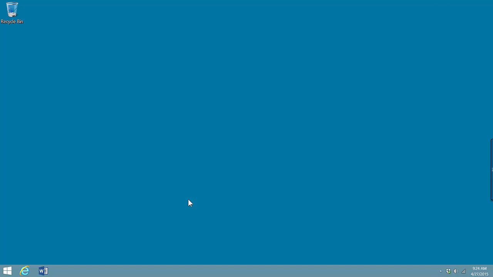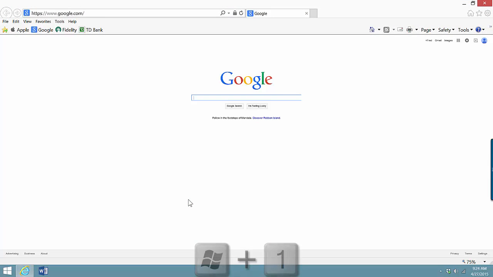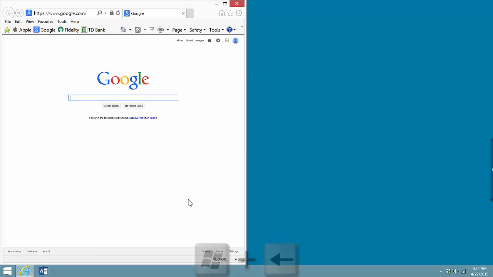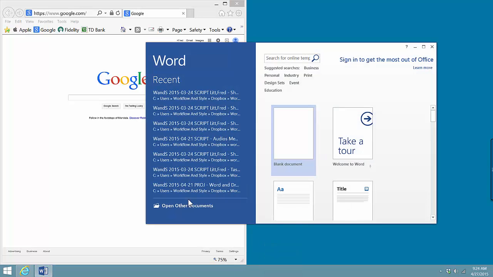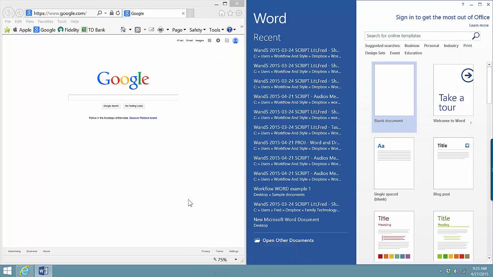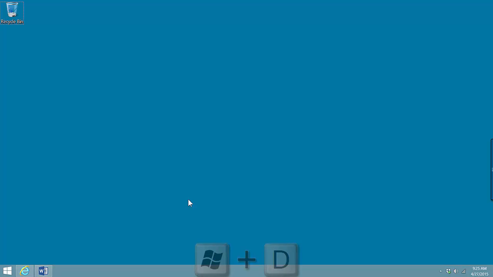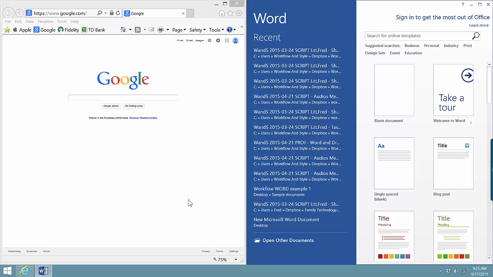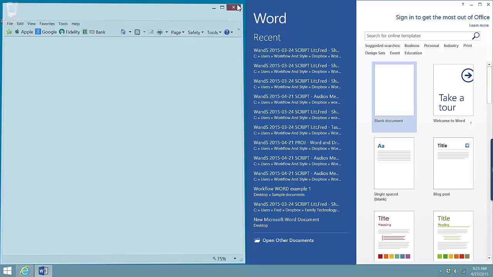So we start by tapping on Start 1, Start left arrow. Start 2 for Word, Start right arrow. There we have it. And again, to hide or minimize these windows, we tap on Start D. Let's show our open windows. Start D again, and there they are. Now I'm going to close both of them,